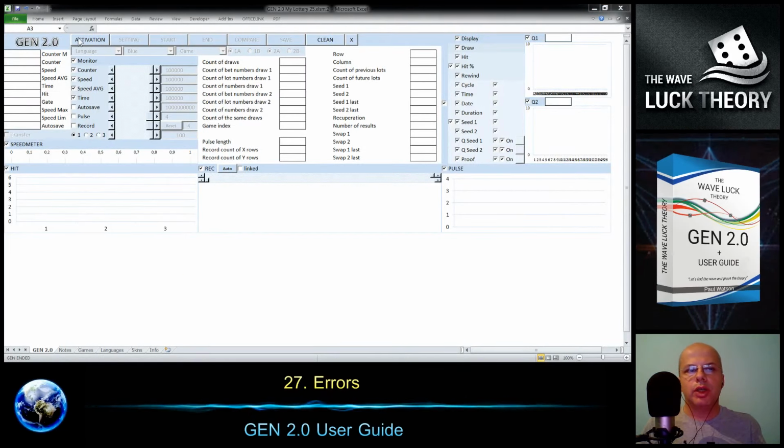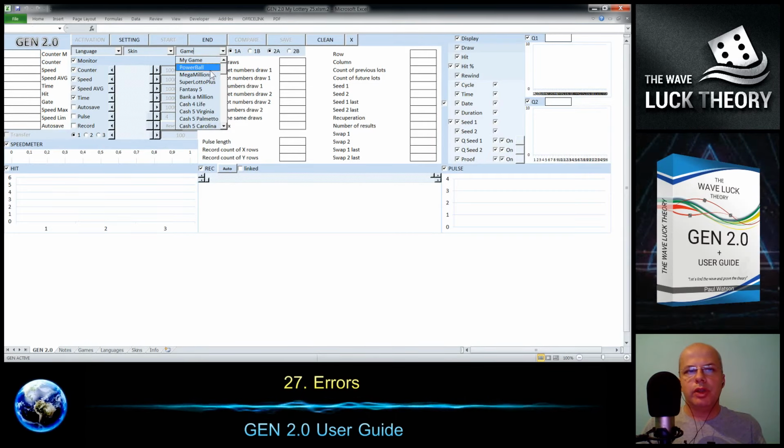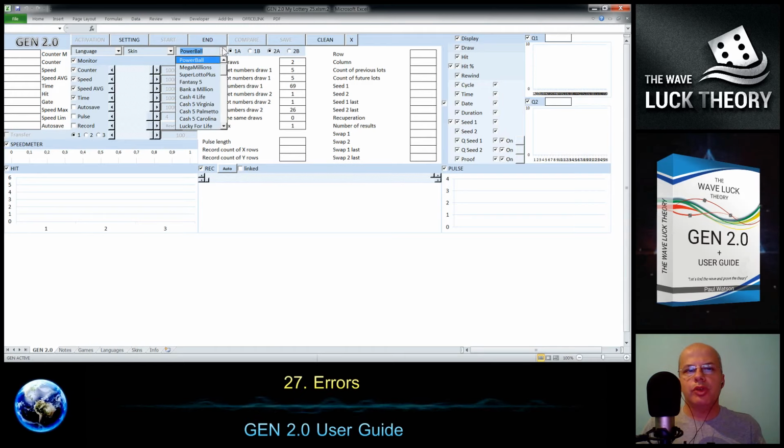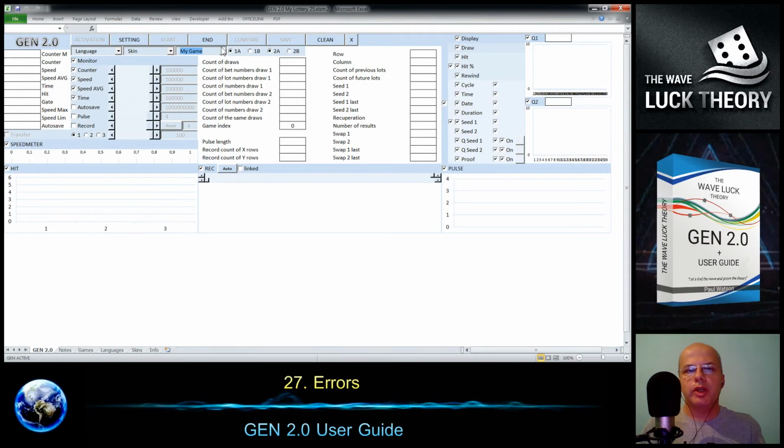So when we are starting the activation and primary settings, we will select game, and in case your preset is done incorrectly, you can get a lot of errors. I will just use my game that is empty. It's not allowed to write the preset here because it can cause other problems, but just for demonstration purposes I will show you all the errors you can get.